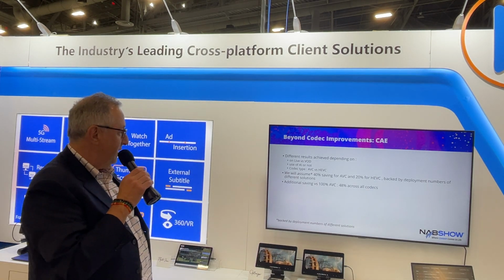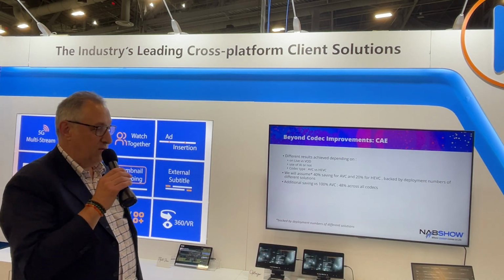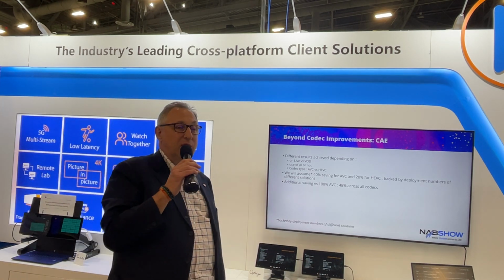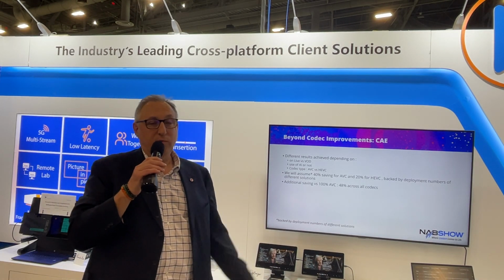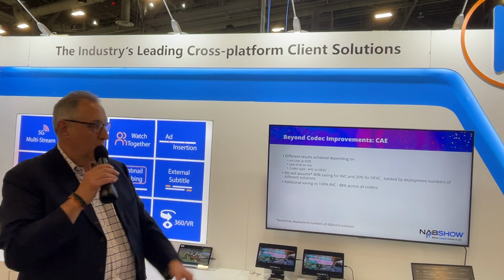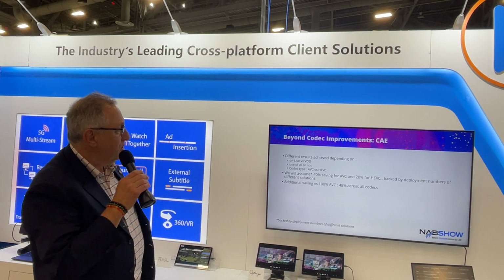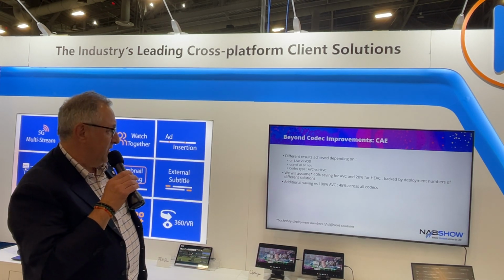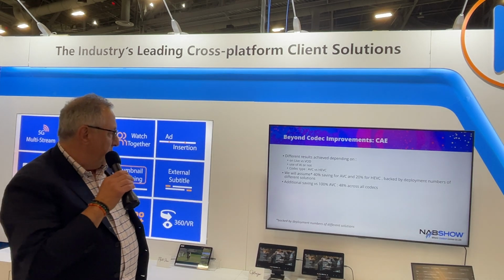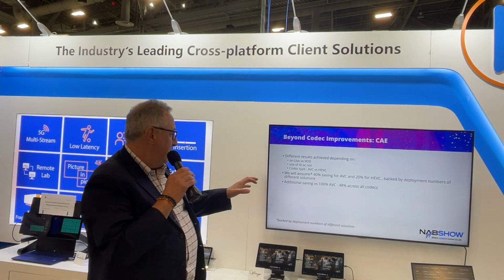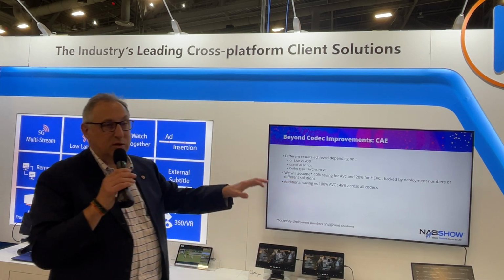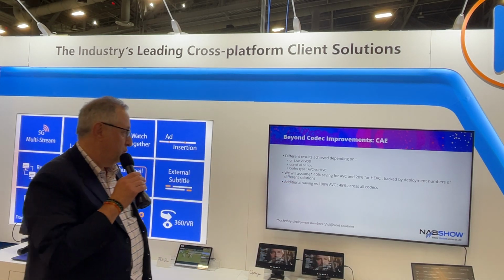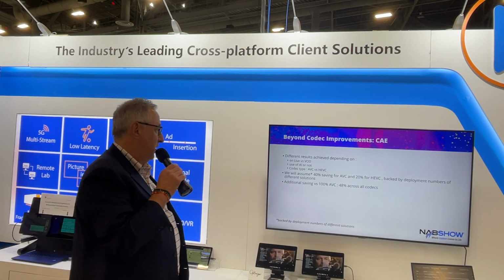So I will say 40% saving for CAE based on AVC, and on average 20% for HEVC. Yes, it can differ between implementations. You can also have a difference depending on content, but this is really what people have seen in commercial deployment. So the additional saving versus 100% of AVC will be 48% across all the codecs, which is already a very big saving.